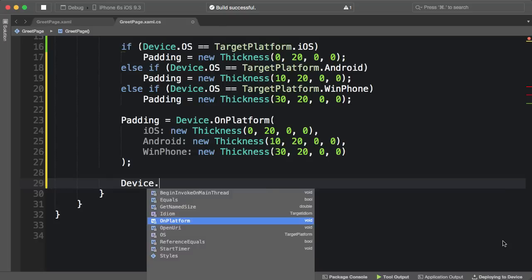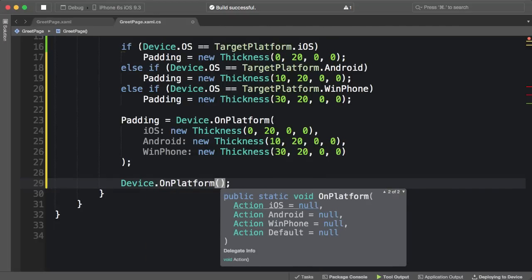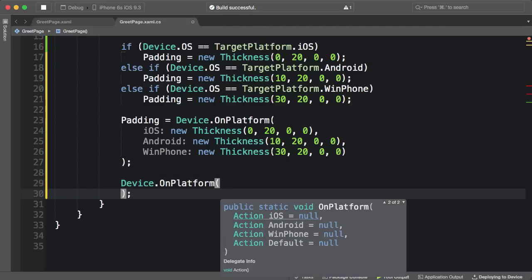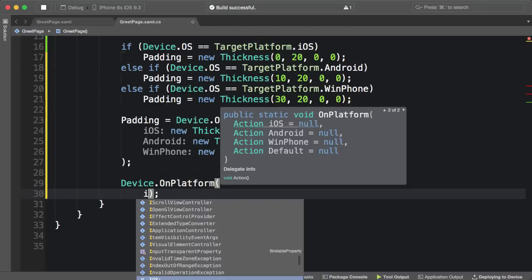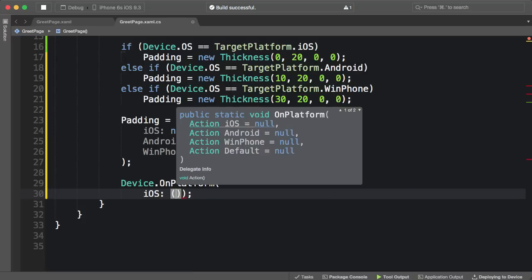So device.onPlatform, I'm going to use the non-generic overload. You can see here we have 4 parameters, and they all are optional because they are set to null. So let's say I want to execute some code only on iOS. Then I can supply the name parameter here, iOS. And here I need to specify an action. So I'm going to use a lambda expression for that,